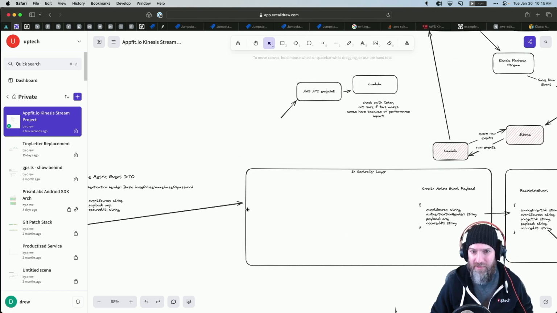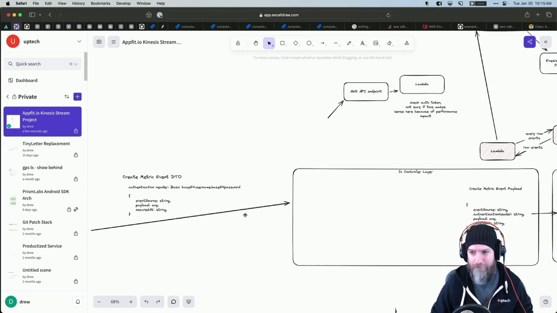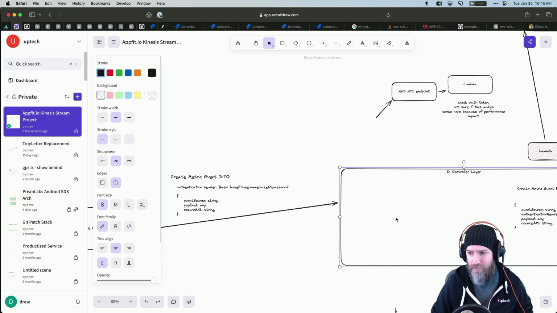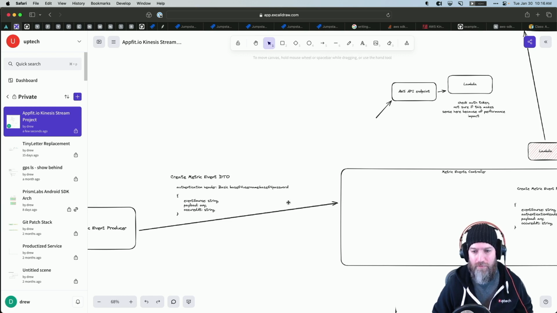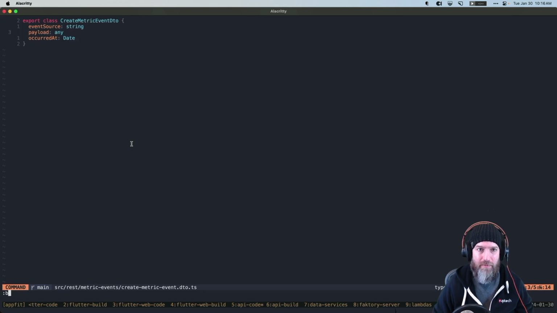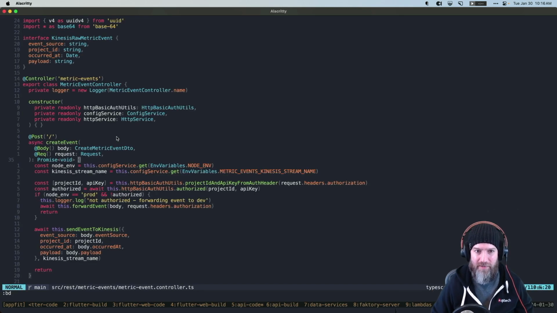And that sends that to what we would call the metric events controller. That